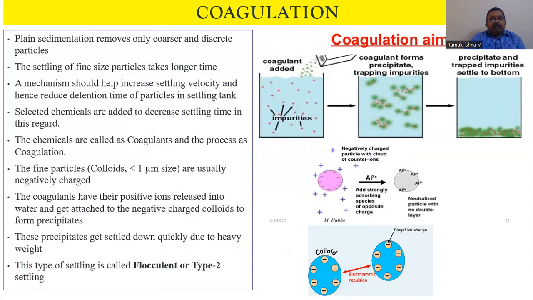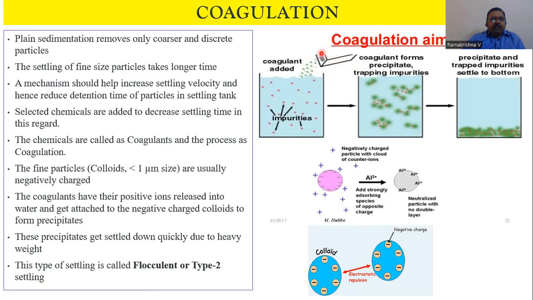Plain sedimentation removes only coarser and discrete particles. Fine sized particle settling takes a longer time. So what we have to have is a mechanism which will help in reducing the settling time. For that, we are adding some chemical which is called a coagulant, and the process is called coagulation. So now what you are seeing in this picture,